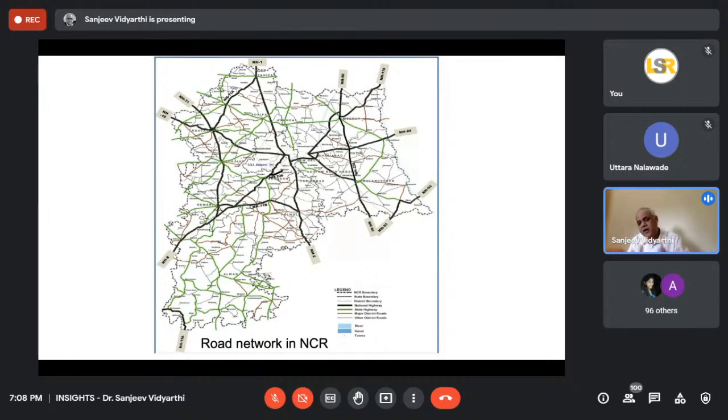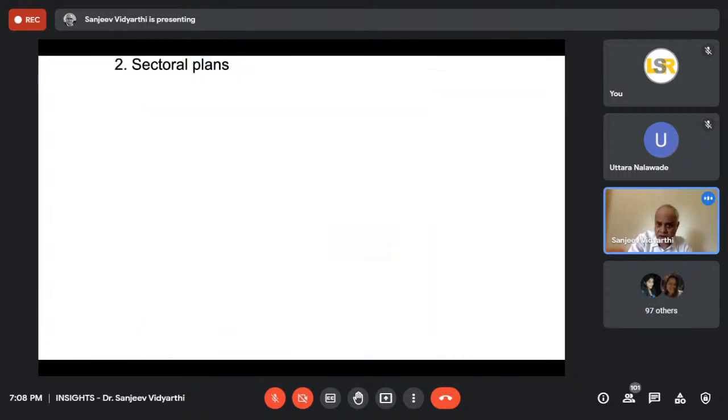We train you on working within that plot level in architecture schools, and that's very important, that you learn the craft of designing a building. But what I am coaching you for or alerting you for is the larger picture, as you said, beyond that plot, right? So road network is a good example.